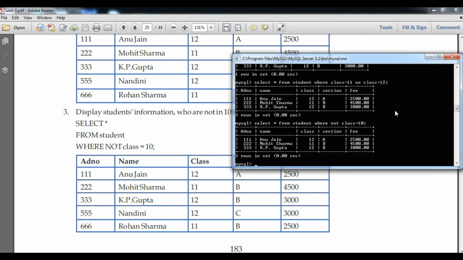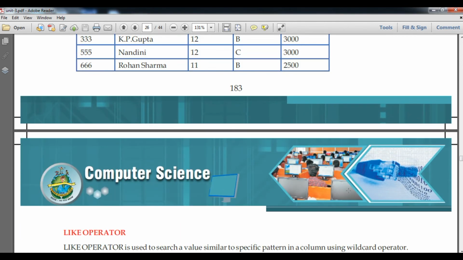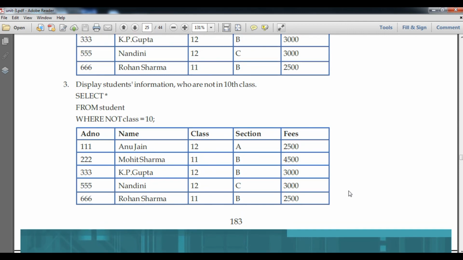Now you can see these 3 students are again visible here. Only one student is left who is studying in class 10th. So students, I hope you have understood it well.